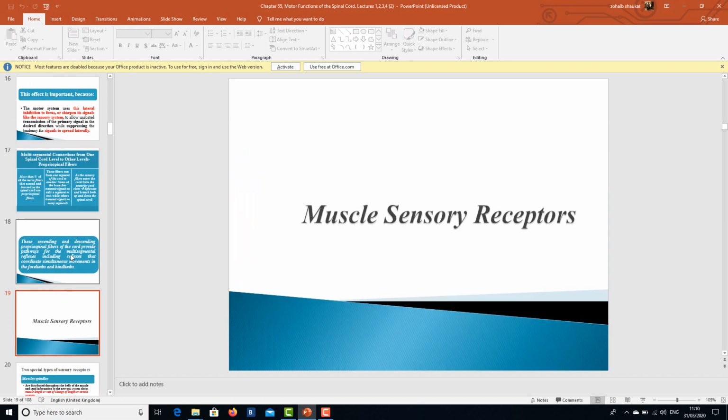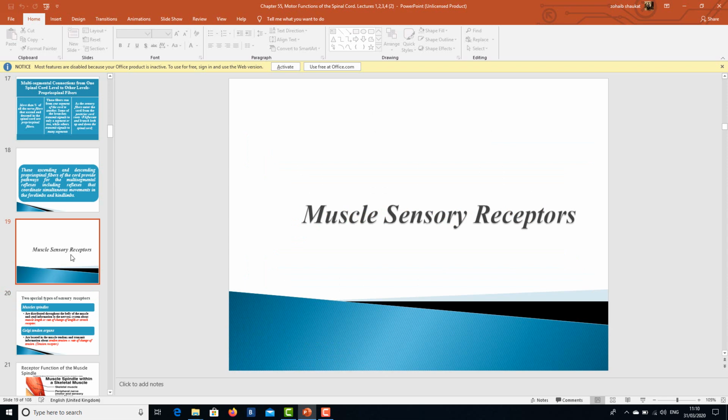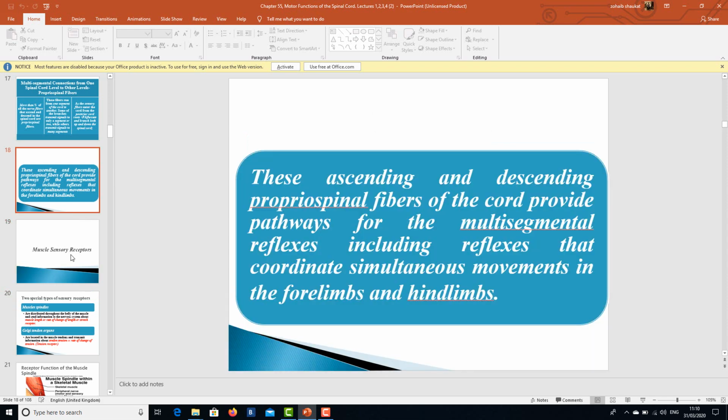Now, when we are talking about the motor system, we should know about the muscle sensory receptors. We'll continue with the muscle sensory receptors in the next lecture, and thank you very much for today's introductory lecture regarding